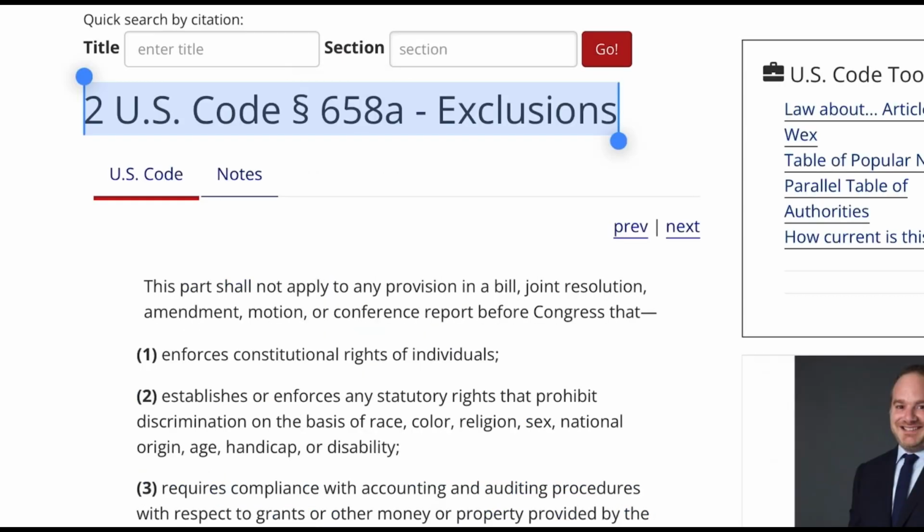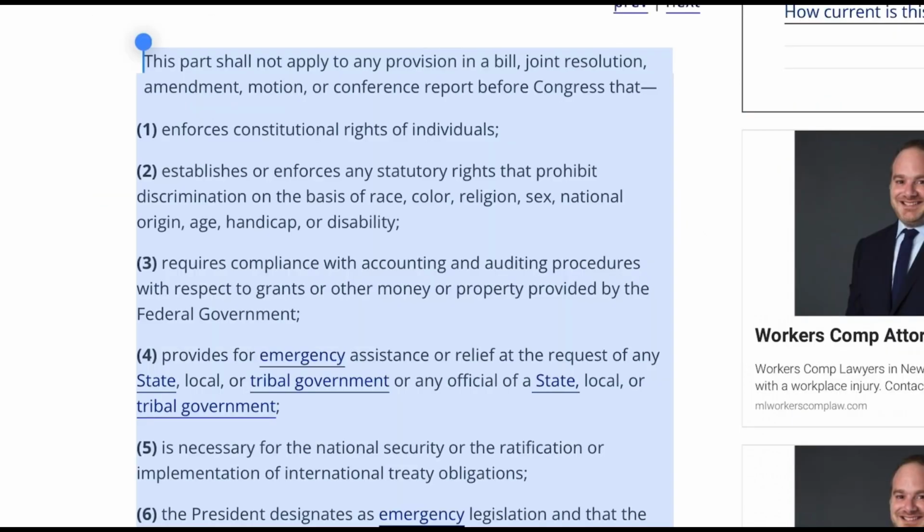2 U.S. Code Paragraph 658A, Exclusions. This part shall not apply to any provision in a bill, joint resolution, amendment, motion, or conference report before Congress that 1. Enforces constitutional rights of individuals, 2. Establishes or enforces any statutory rights that prohibit discrimination on the basis of race, color, religion, sex, national origin, age, handicap, or disability, 3. Requires compliance with accounting and auditing procedures with respect to grants or other money or property provided by the federal government, 4. Provides for emergency assistance or relief at the request of any state, local, or tribal government or any official of a state, local, or tribal government,